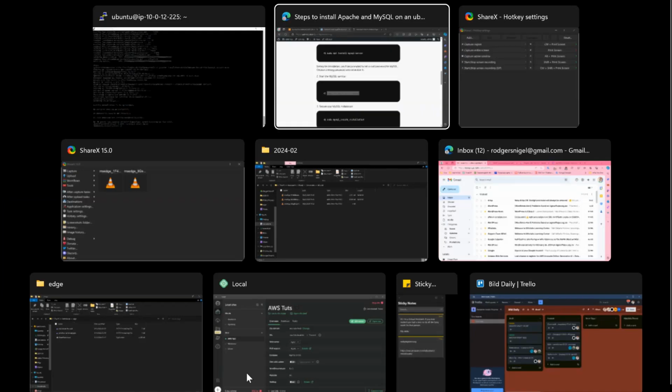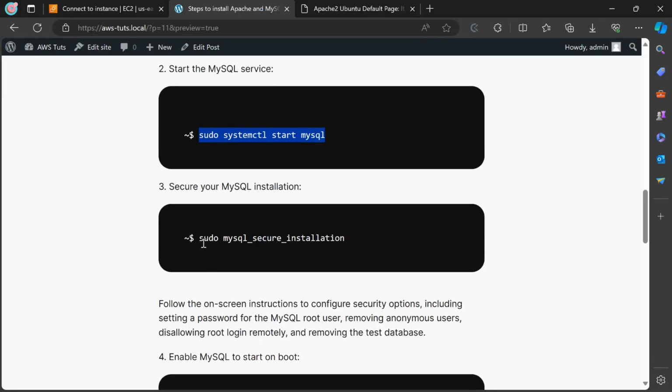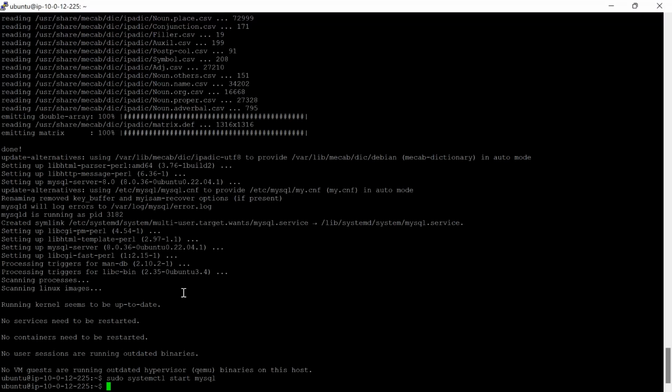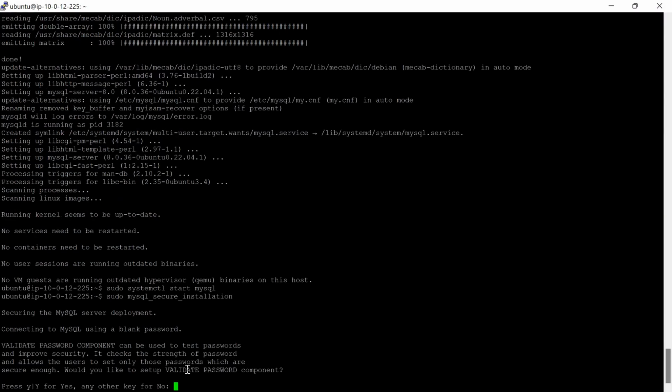And next, let's secure the MySQL server. So sudo mysql_secure_installation. Copy that, come back to the command line, paste it in, and we'll go through some steps to secure your server. And the first step, it says